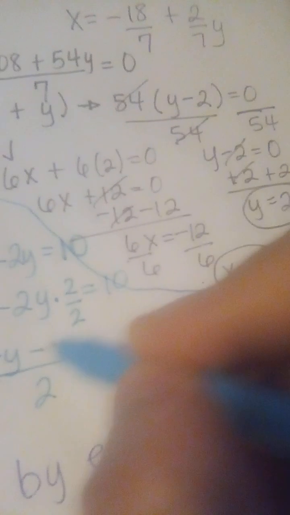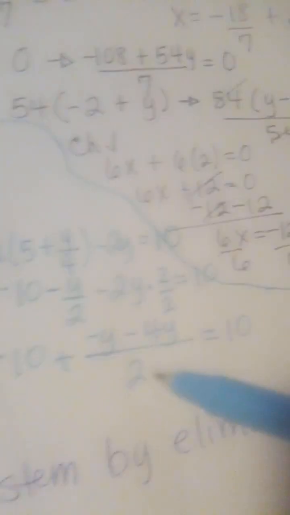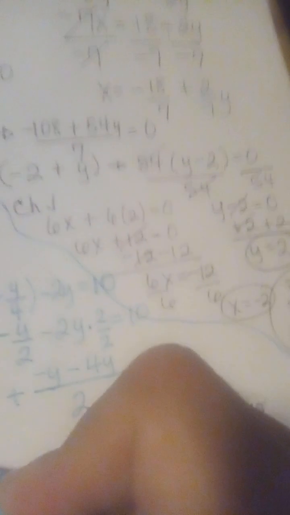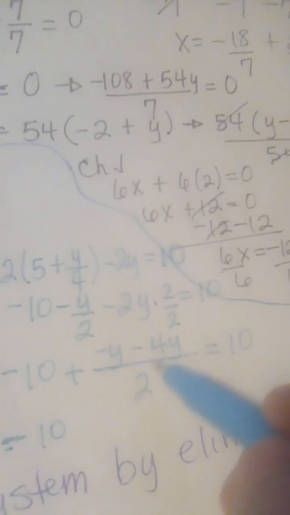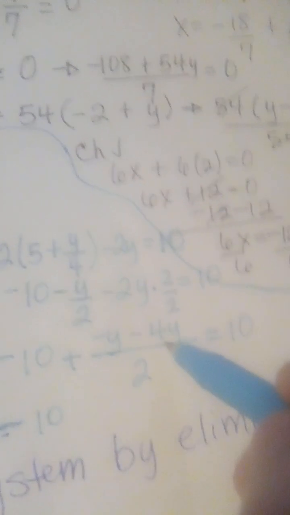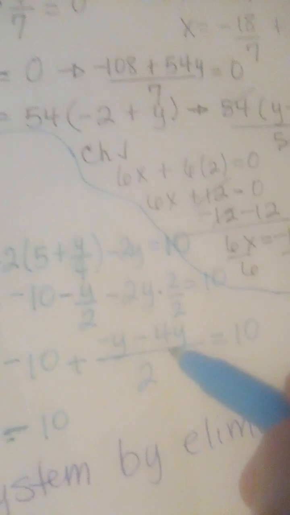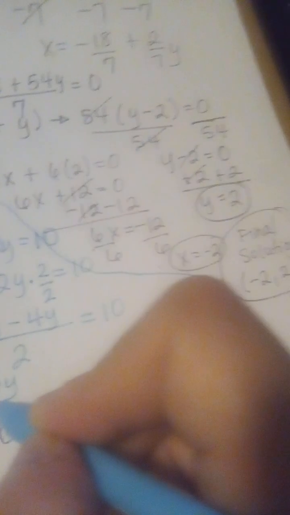Negative 4 over 10. And then we can combine like terms here. Negative 10. We got, from my understanding, negative 5y over 2 equals 10,